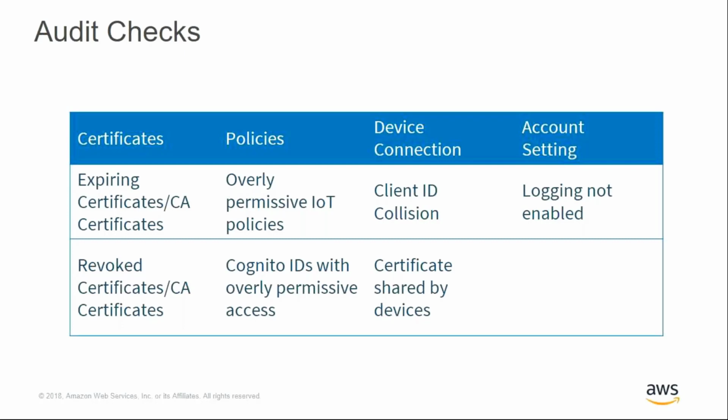on your network. Similarly, we will identify Cognito IDs that have overly permissive access. If an authenticated Cognito identity is compromised, it could use administrative actions to modify account settings, delete resources, or gain access to sensitive data. Since unauthenticated identities are never authenticated by the user, they pose a much greater risk than authenticated Cognito identities. If an unauthenticated identity is compromised, it could also use administrative actions to modify account settings, delete resources, or gain access to sensitive data. Or, with broad access to device settings, it could access or modify shadows and jobs for all the devices in the account. A guest user might use the permissions to compromise the entire fleet or launch a DDoS attack with